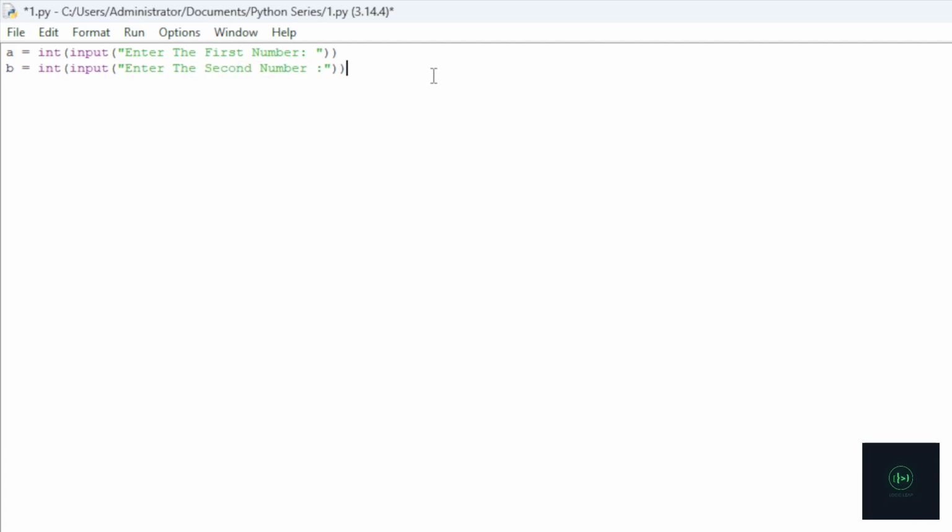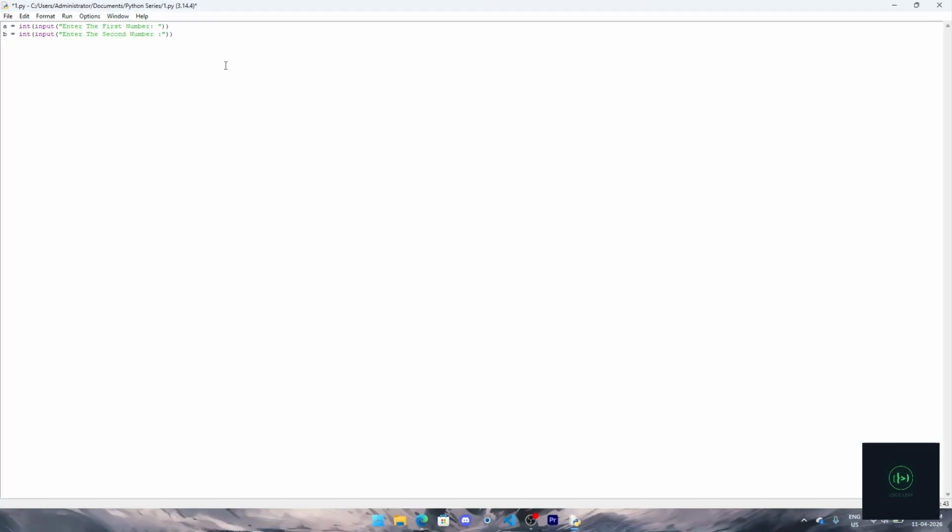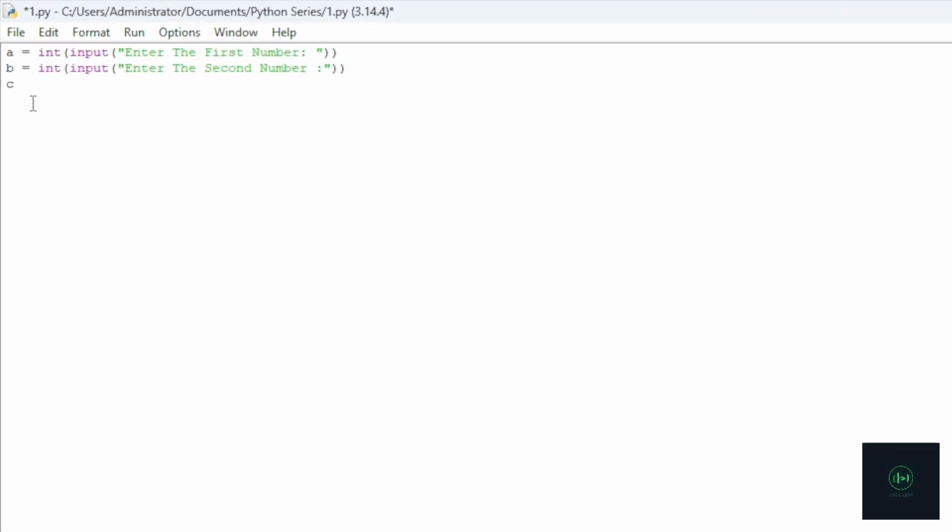and now you have to perform an operation. So just like before, you're gonna add another variable c, and you click on equals to. You're gonna perform an operation. For now we are gonna find the product of the numbers, which means multiplication. So you click on a star b, which means multiplication. You can't keep x in the middle, you have to keep the star, and then you click on enter, and you just go to write print